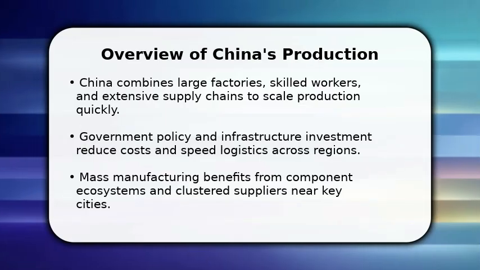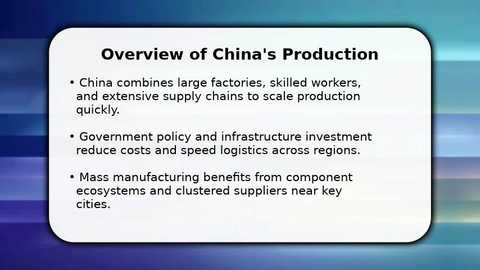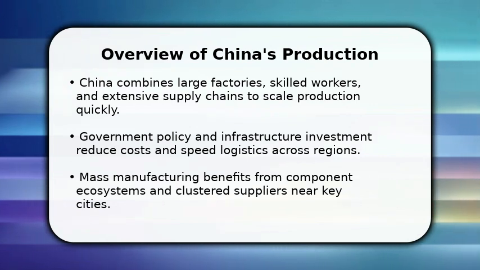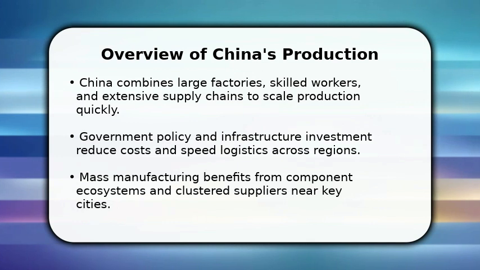In this video, I will explain how does China make everything. Start by tracing the process from raw materials to finished goods and the players involved. I will guide you through manufacturing clusters, supplier networks, and logistics hubs, showing how coordination, investment, and workforce scale create global output. Listen for examples of supplier ecosystems, labor specialization, and government incentives that push efficiency and lower unit costs